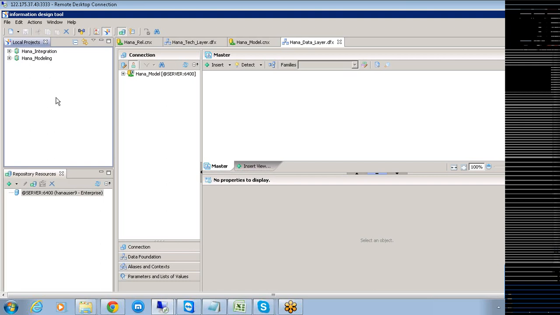Okay, so here in the Information Design Tool, the way you have a particular structure in the case of